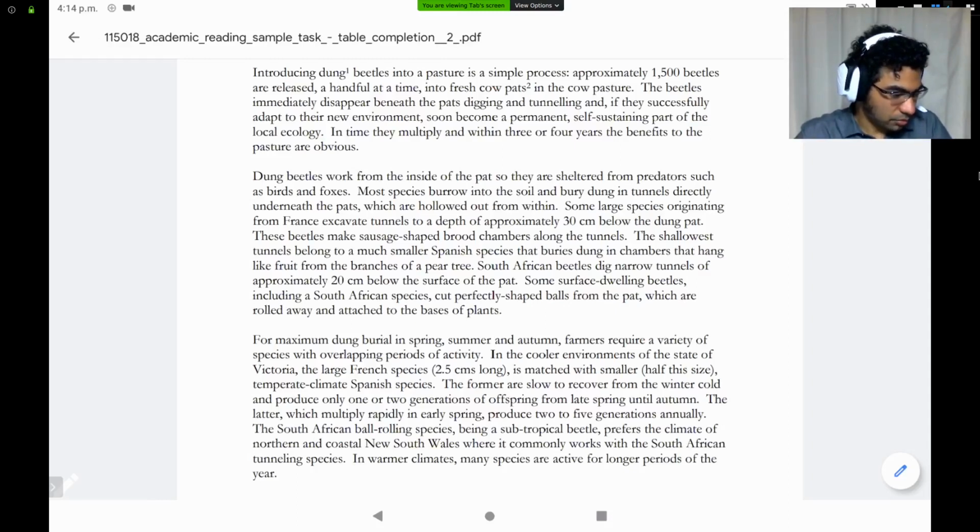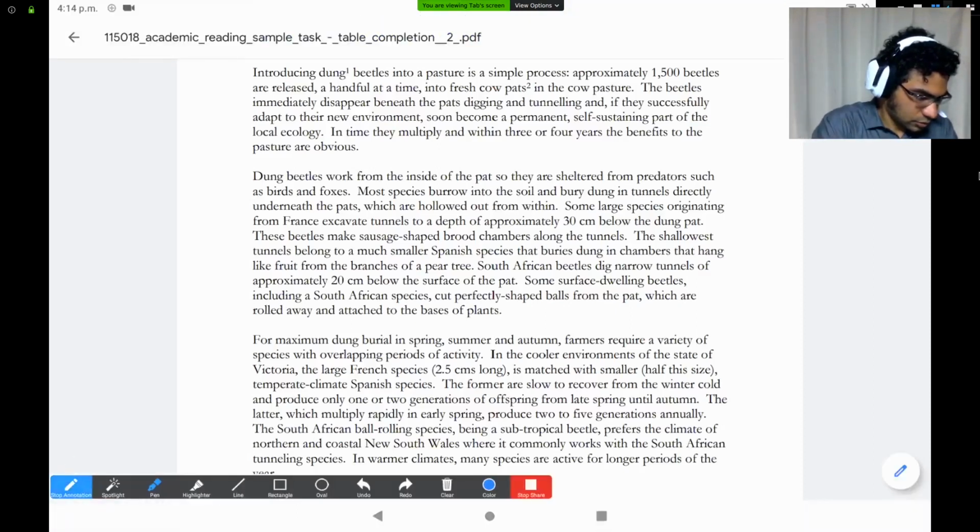And you can see in the middle of the paragraph is the word Spanish. So right here is the word Spanish. And after we find that, we need to look for our information. So we need the preferred climate, the number of species, and I forget the last one, but that doesn't matter. So the number of generations and the preferred climate. It's not there. But